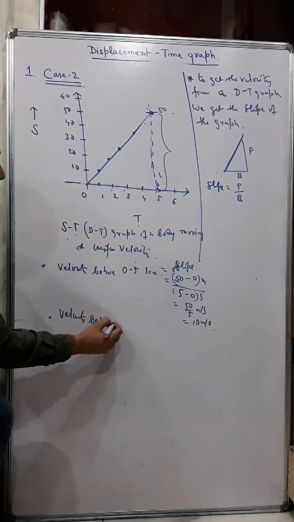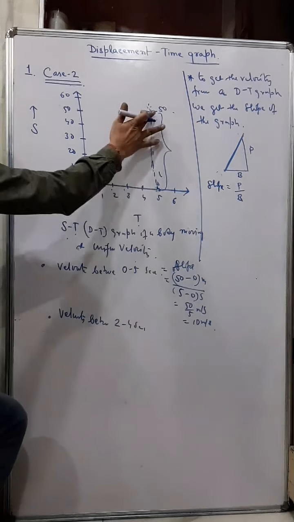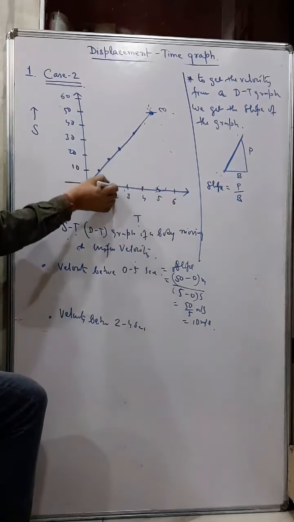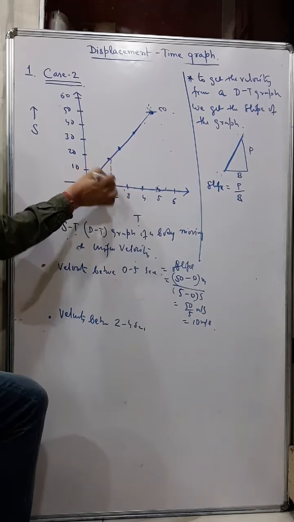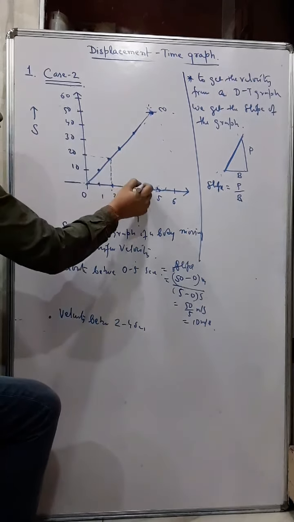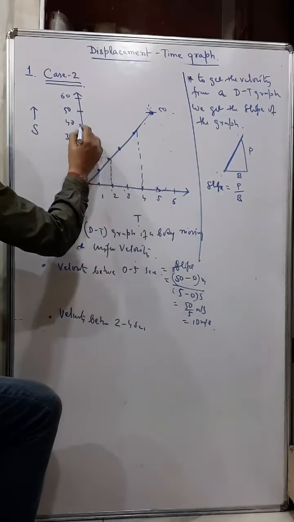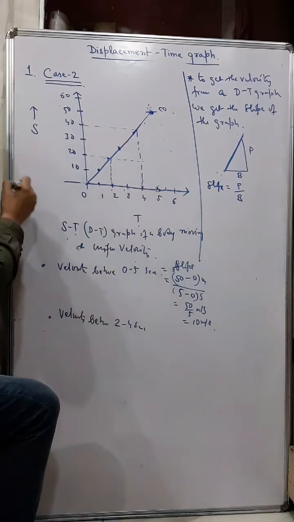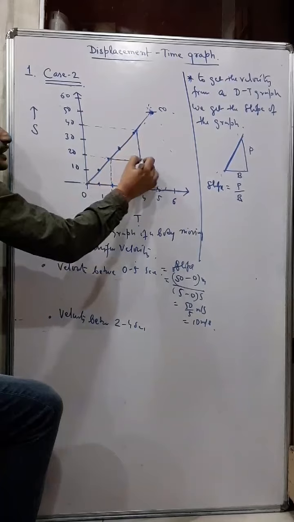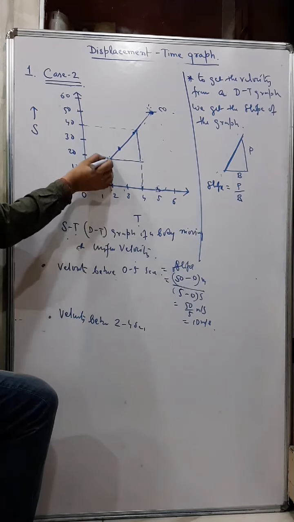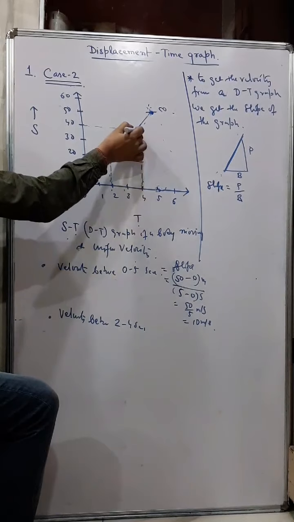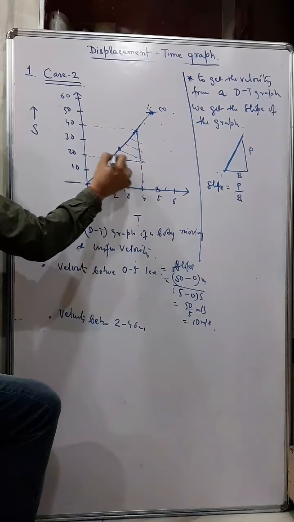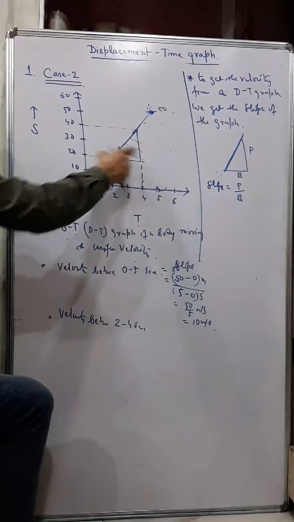You see another. Again I will get the velocity between say 2 to 4 second. Again I will get the same. Say 2 second, I will cut the graph at 2 second. This is 2 second, 20, and at 4 second it is 40. So like this, and then I will extend this. So I will get this triangle. So you understand, 2 to 4 second, at 2 second I will cut the graph, and at 4 second I will cut the graph, and then I will extend this lower one. So I get this triangle, and now again I will get the slope of this graph.